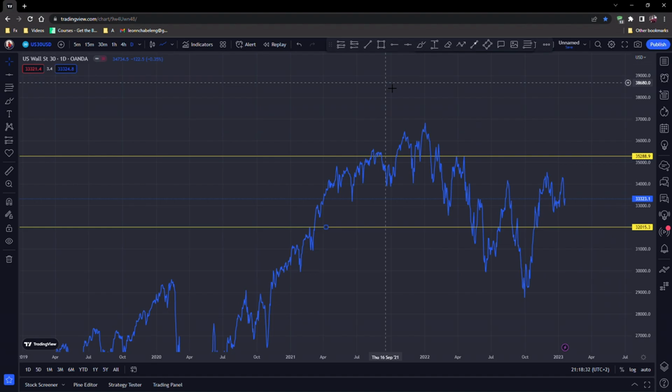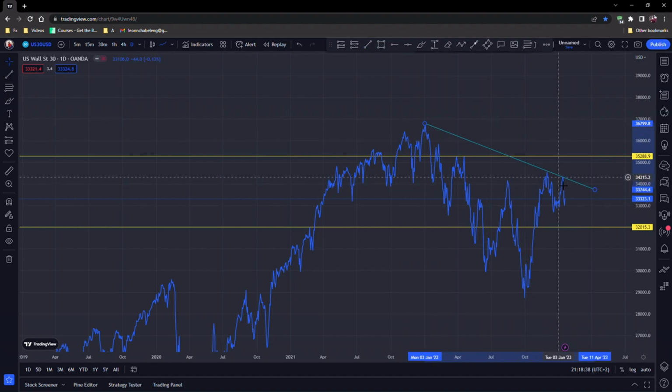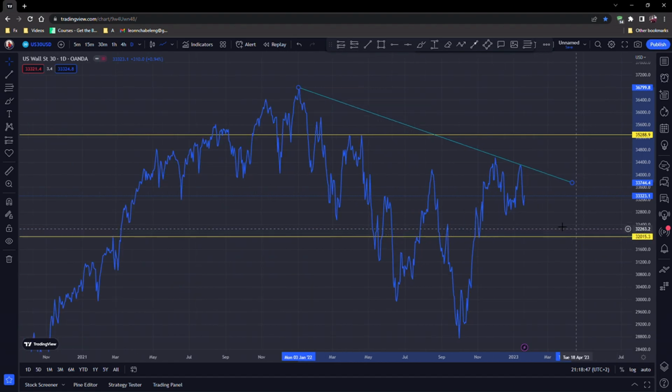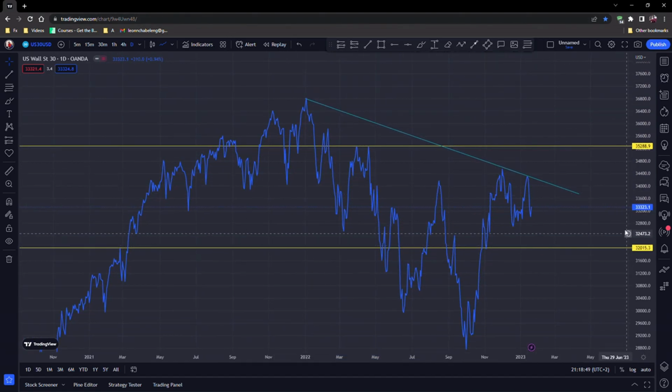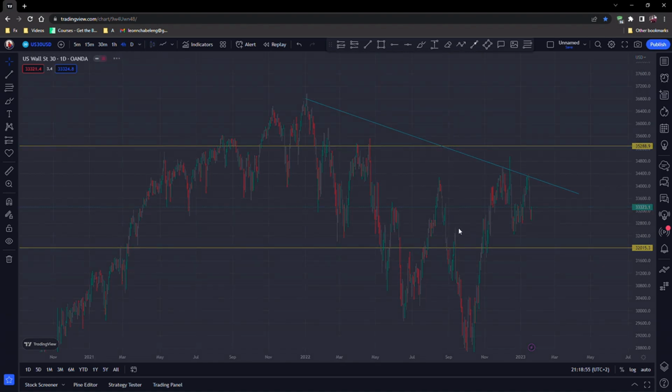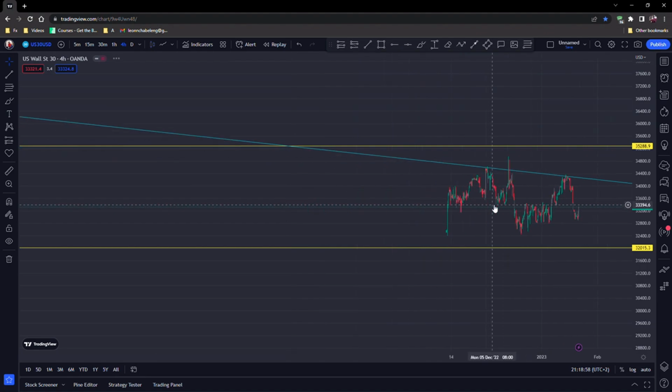But what you can see is that we did have this downward trend line where we had our first touch, our second touch, and our third touch, and the market is now looking to come back. Should the market go up, giving us a retest on that upward trend line, we can still see that we are still in that downward movement. If we go to the 4-hourly on the candlesticks,